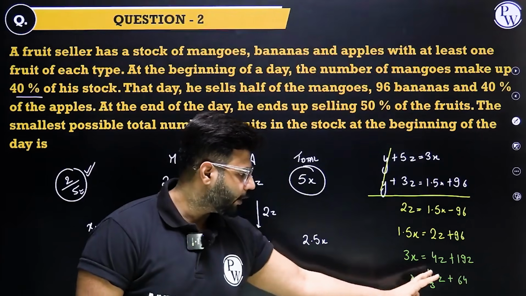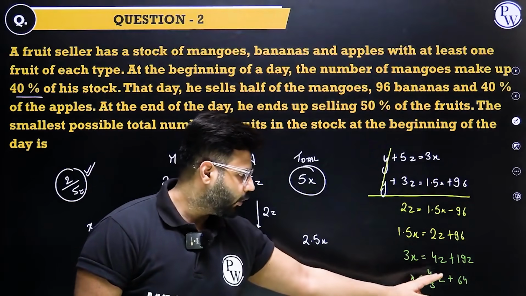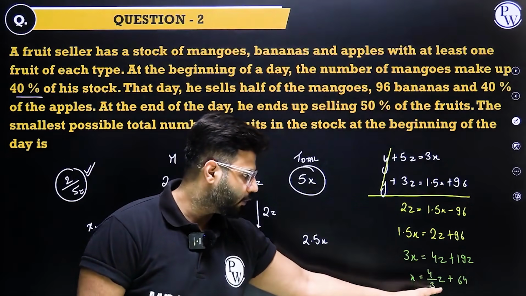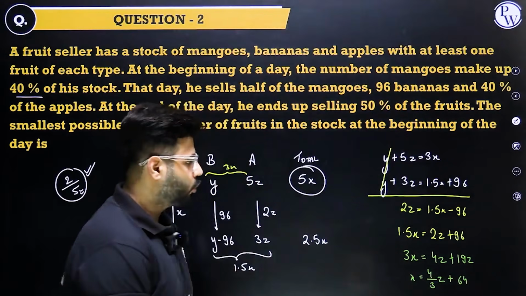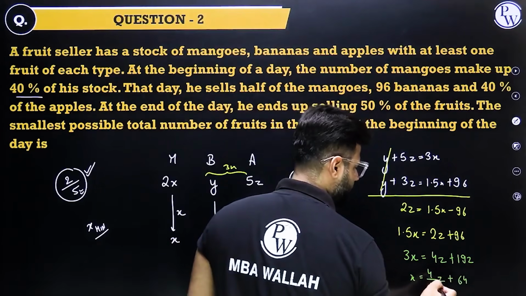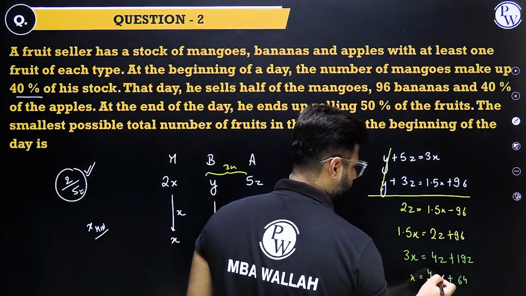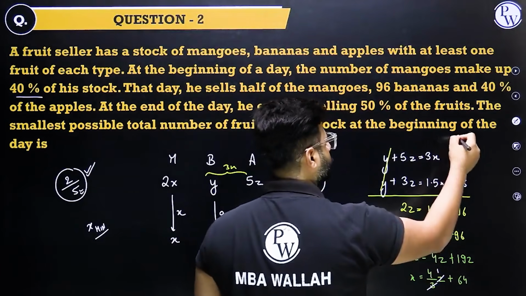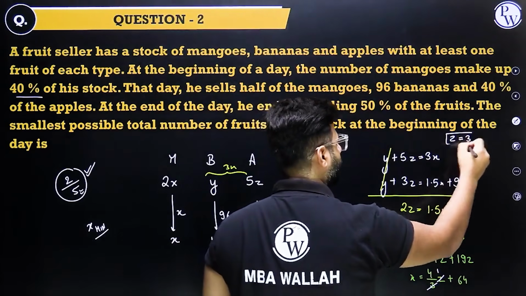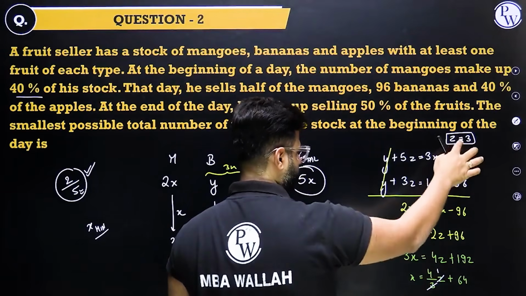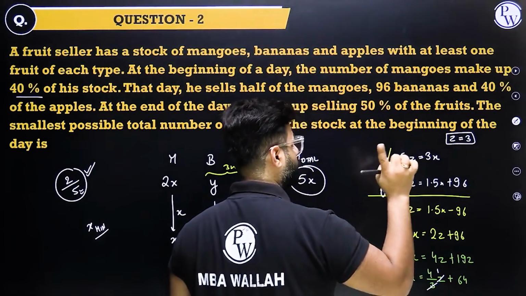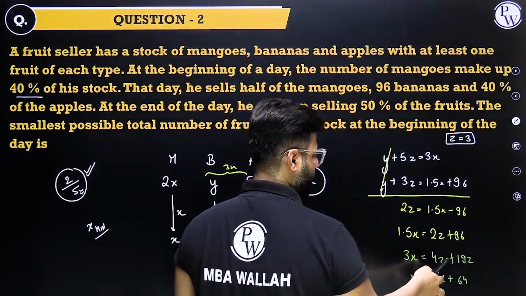Now to make this integer, I need to make this integer. And to make this integer, I need to get rid of this 3. And who will get rid of this 3? Of course, the z. So the minimum value of z has to be 3, so that this gets cancelled by this by 1, right? So z has to be 3, otherwise you will never end up in an integer. Smallest value of z becomes 3. Don't say 0. Every fruit was at least 1. So this goes away. z is 3.